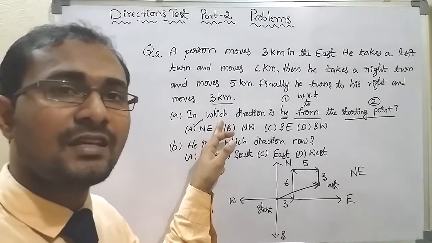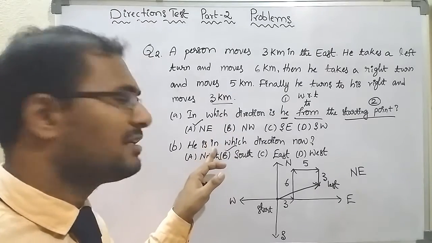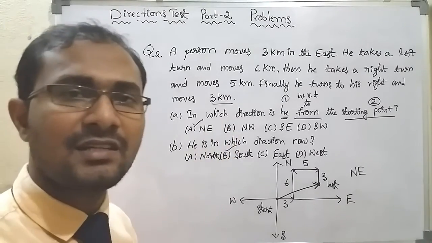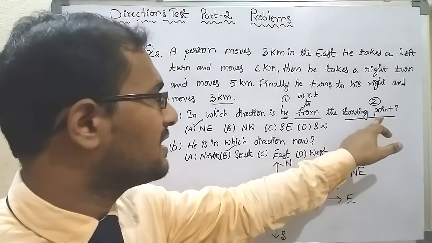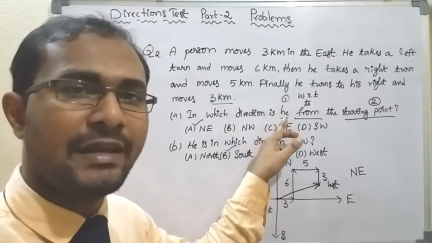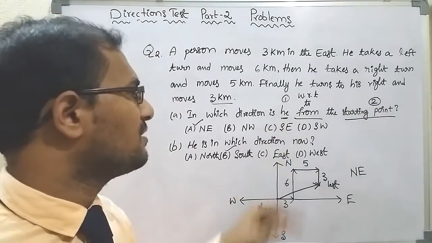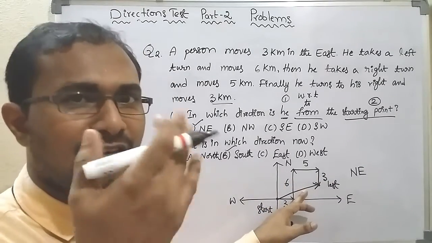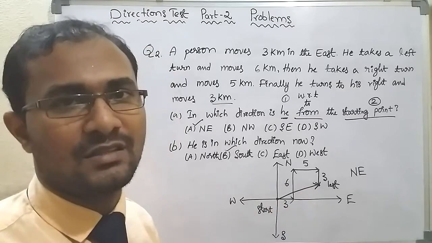Direction related question with keywords also can be given, direction related question without keywords also can be given. So how to find out the direction related question with keywords? After the keyword, whatever the point they mention, that has to be second point, and before this keyword, whatever the point they mention, that point has to be point number 1. From point number 2 to point number 1 we have to draw a straight line. So whatever that straight line indicates according to the standard direction, we have to take that direction. Here it is representing northeast.